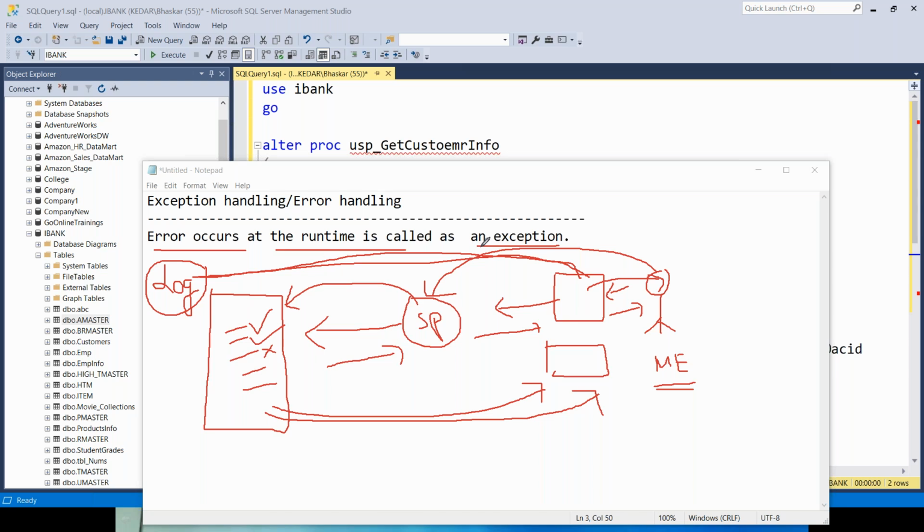Only the communication has to go, nothing can be done because the flight has already started from